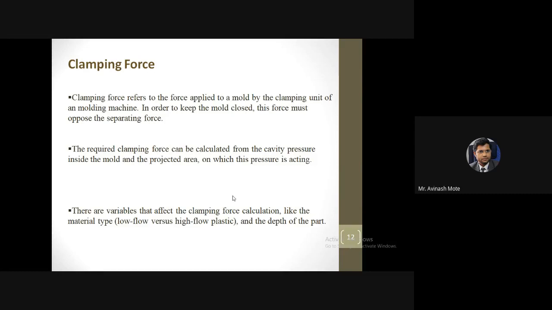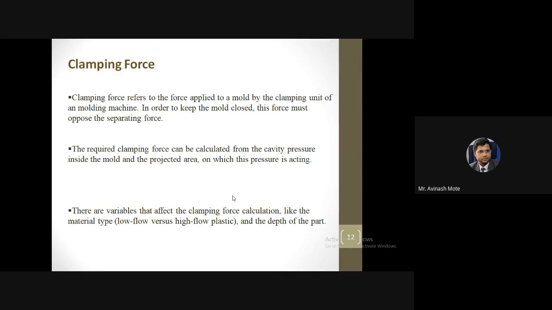So the flowability of the material will also decide the inside pressure. If the material is easy to flow, if the flowability is good, then externally we are not supposed to give more pressure. Why are we forcing it from the top?